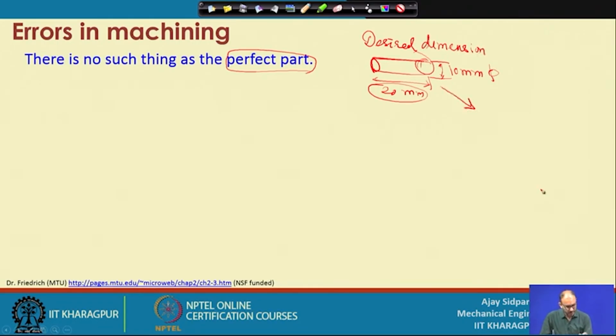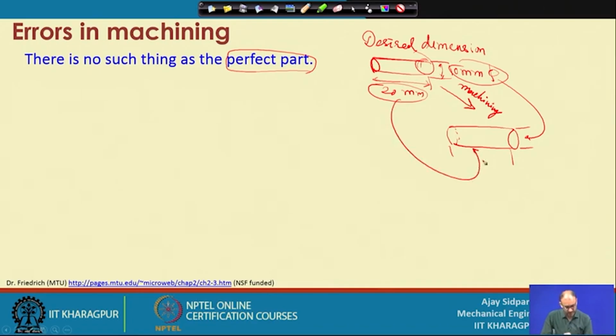if you machine it and you are getting the same thing, and whatever the dimension is, this is also the same thing, then we can consider this the perfect machining. But generally it will not happen, because whatever we design in 3D modeling software or different types of CAD software, those parts you can easily get. That means you can easily do a drawing with a perfect dimension, but when you